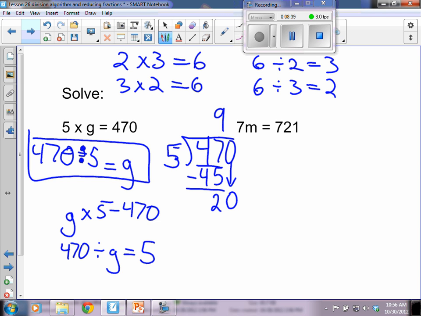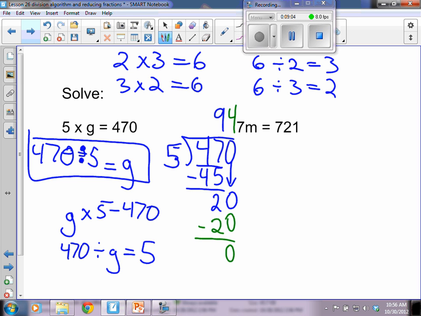Then I can start over again. 5 goes into 20 4 times, and 4 times 5 is 20. Step 3, subtract, and here I go. And so I have a final answer of 94. Looking at our next example, we have 7 times m equals